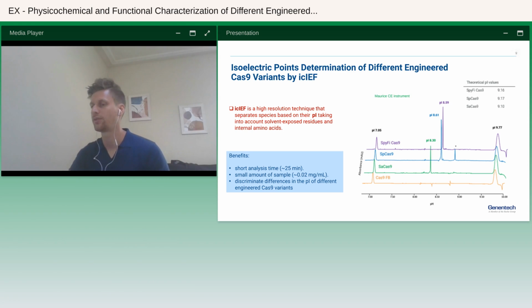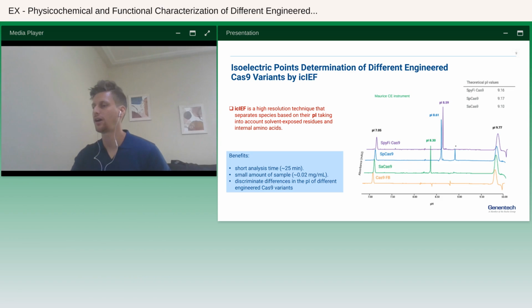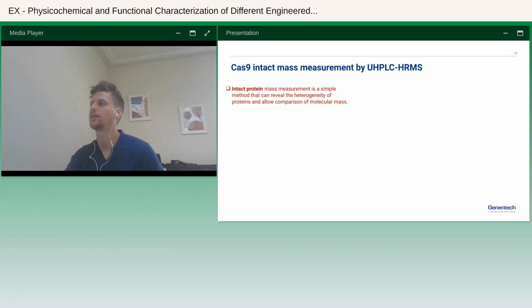This method requires a very small amount of sample, only 0.02 milligram per ml. And with this method, you can discriminate differences in the pI of different Cas9 variants. Now, I want to talk a little bit more about how we can use mass spectrometry to have some information